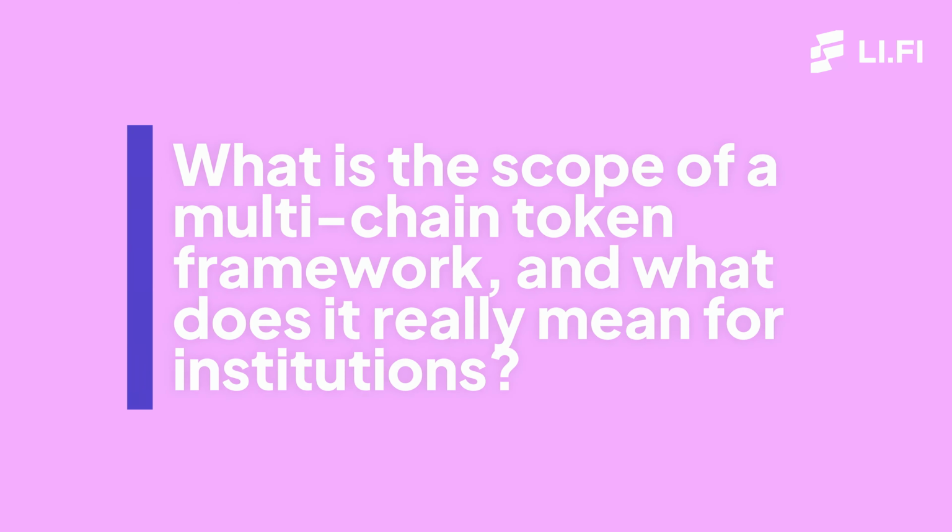Mm-hmm. So initially, when all the Interop protocols kind of started, I saw it pretty much as something that you can use to bridge assets across chains. But then over time, I'm coming to realize that there's a much bigger play here, right? You can practically tokenize any asset, and as institutions are coming on chain, you can take their assets on chain through these token frameworks, right? So I'm curious, how do you scope this product particularly at Wormhole, and how do institutions actually understand this product? Do they understand it at all?